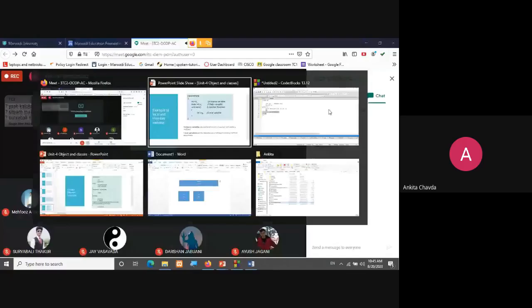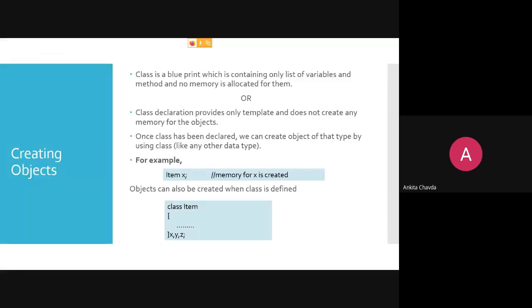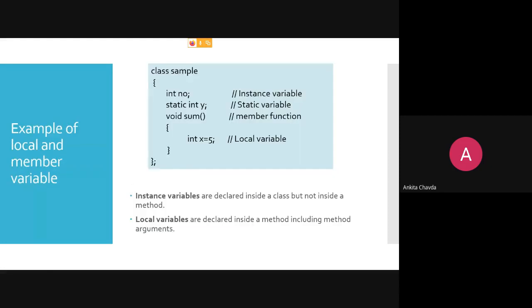Now, how are we creating the objects? A class is a blueprint which contains only the list of the variables and the methods, but no memory is allocated for them. Suppose this is your class sample, integer number, and so on. You have a list of the variables and a list of the functions.